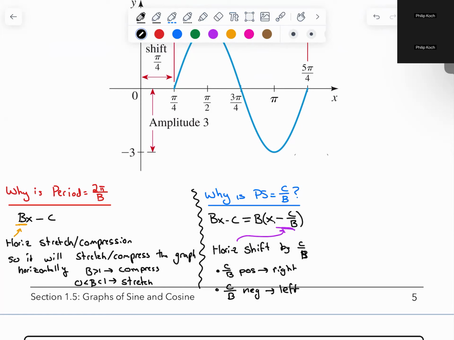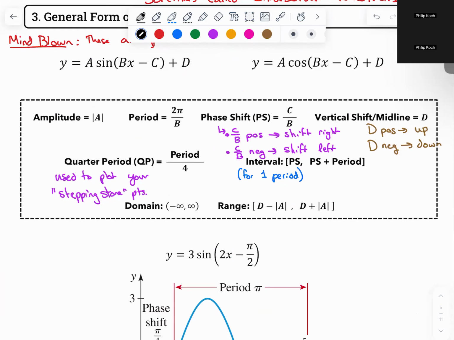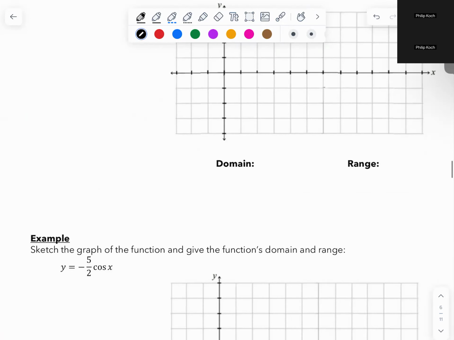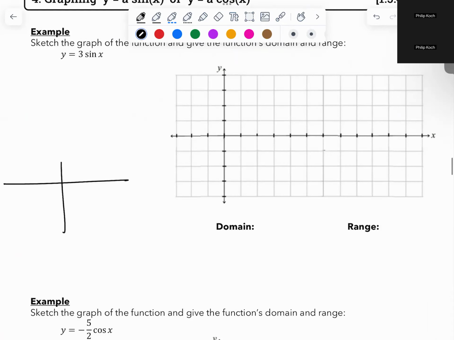And then why is D the vertical shift? It has to do with what D would be. As a reminder, I'm drawing it over here so you don't have to draw it yourself. If this is f of x, then the function y equals f of x plus 1 is adding 1 on the outside of the function. That means you're affecting just the y value. The x value will stay the exact same, and all you're doing is adding 1 to the function or the y value, so it'll shift it up 1 or down 1.